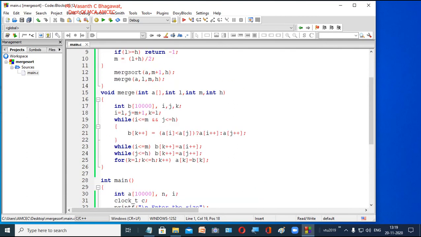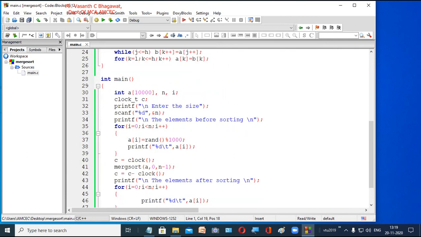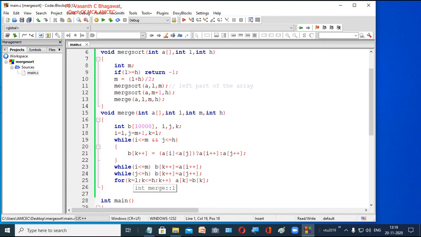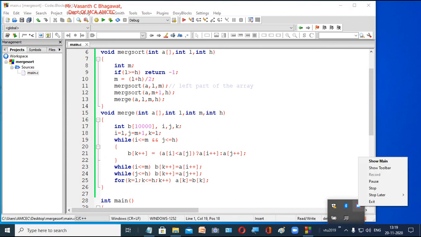It's very simple. Don't worry about main. See, in main what we are doing is just accepting the input that is required, but the actual functions are these two: you have a merge and you have a merge sort. So I think now it is very clear. Just practice this program, and if you have any particular errors or doubts, please drop me the queries in our classroom.